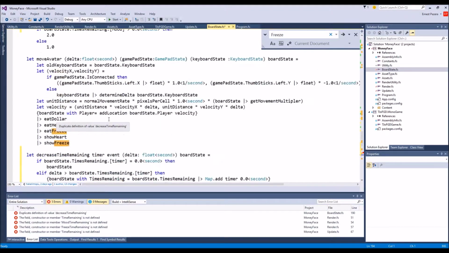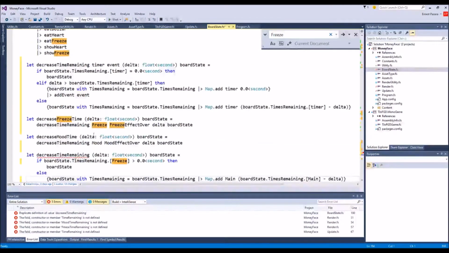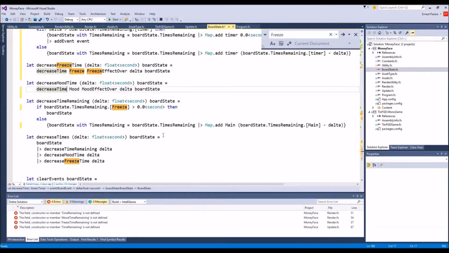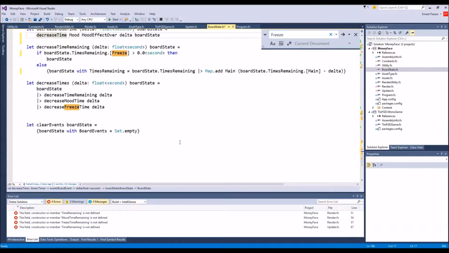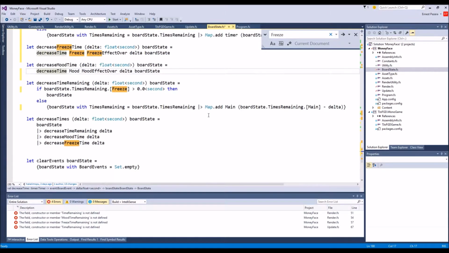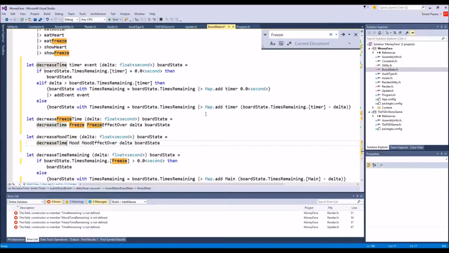Oh, there's that. So while this is not perfect,